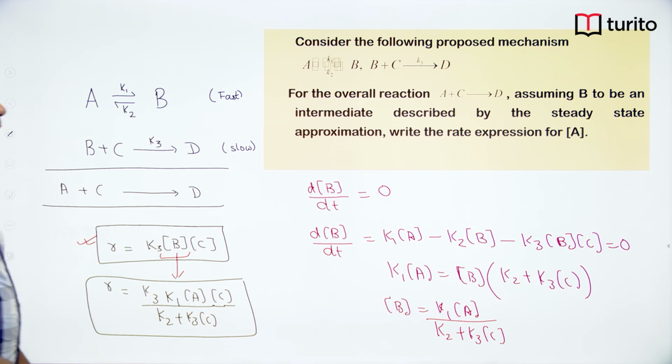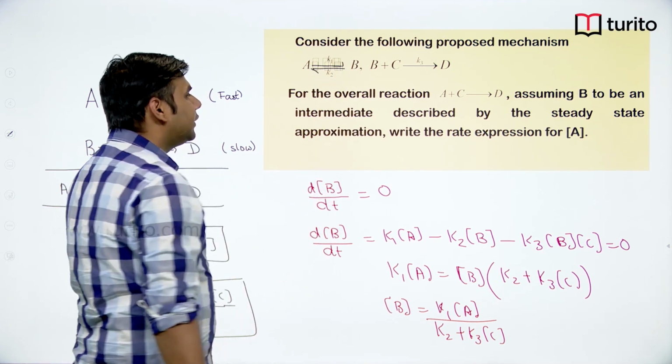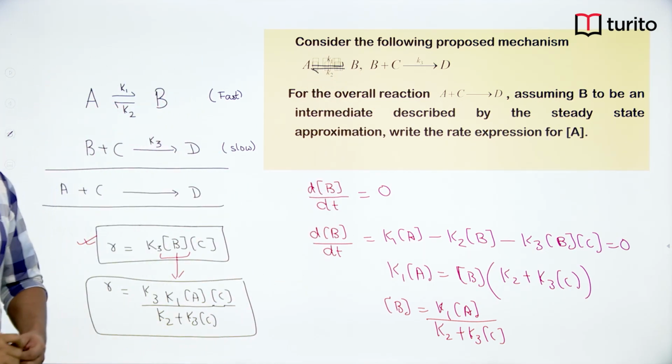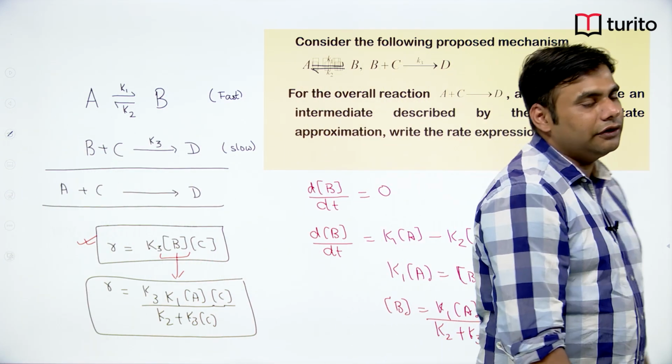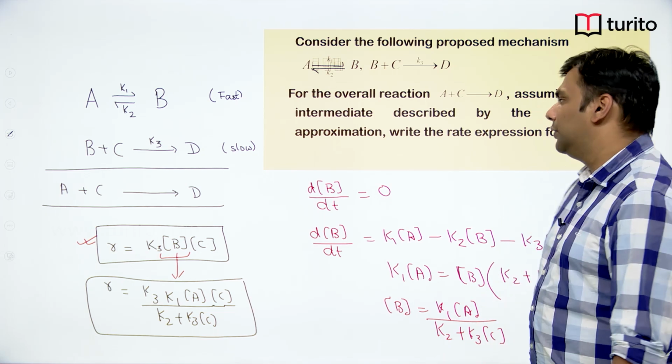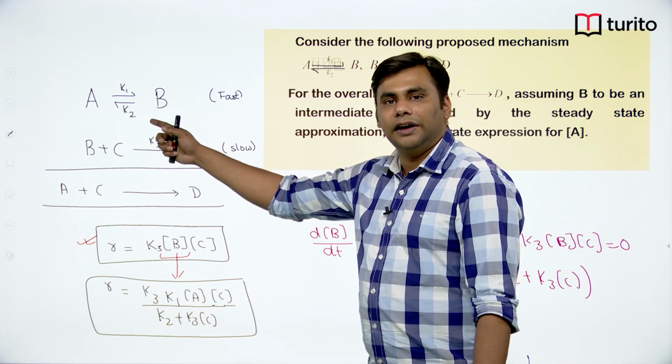So this is how you apply steady state approximation. I hope you have understood the concept of steady state approximation. Basically you have to look for the intermediate, and the change in concentration with respect to time has to be 0. So basically dB by dt you have to find out,